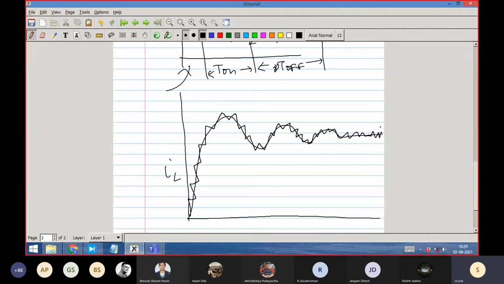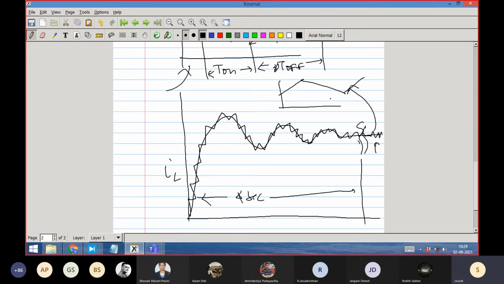And here is steady state. Here it has reached steady state. This time may be a lot, maybe 4 seconds. After that you break it, and here you look at it. Now your cycle is, inductor current is increasing, decreasing, but the corresponding level is 4 ampere. This is what is the inductor current.